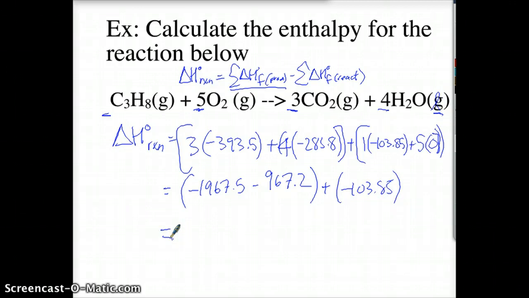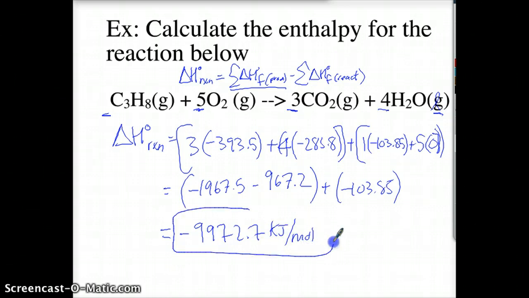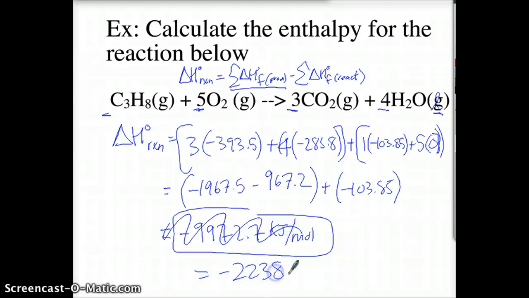We go ahead and do the last step. And we get for a final answer, negative 9972.7. Don't worry about sig figs, this would be kilojoules per mole. That's how much enthalpy would be released for this reaction. Excuse me, I made a math error there. It should be negative 2238.6 kilojoules per